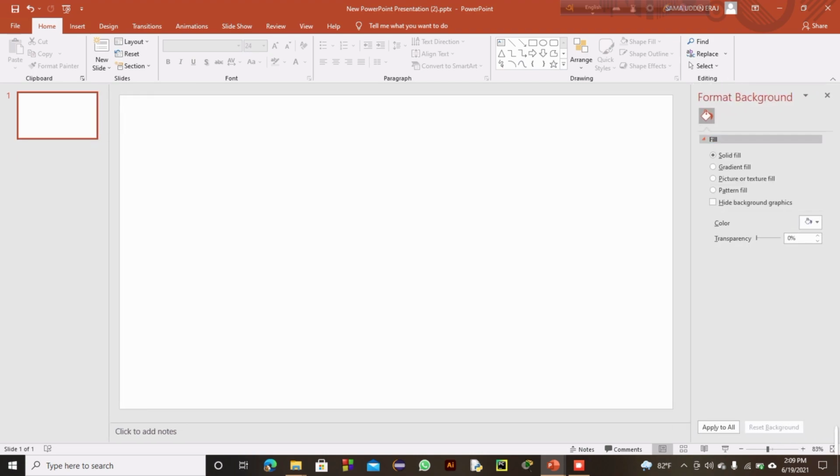Whenever I click on it, you can see these options: solid fill, gradient fill, picture or texture fill, pattern fill, and hide background graphics. And another thing I want to tell you